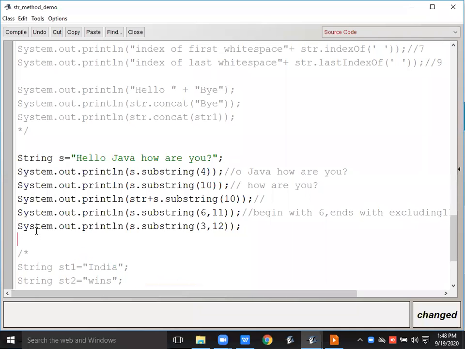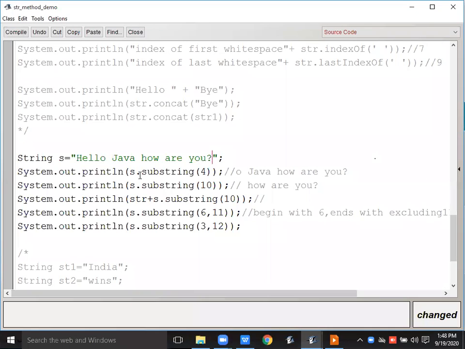Write these examples. String S. Here I have declared string S. In that S I have stored Hello Java, how are you, and question mark.